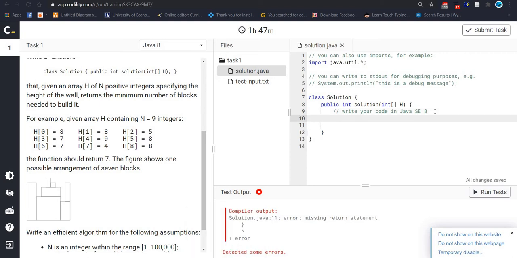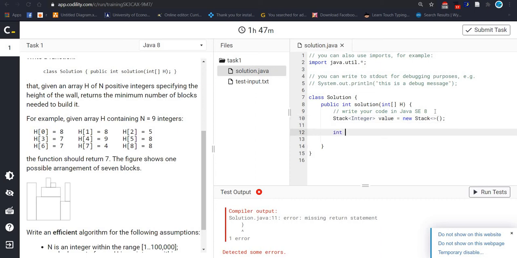As we mentioned, now we are solving the stack and queue data structure. That's why I am going to use a stack data structure, like this.